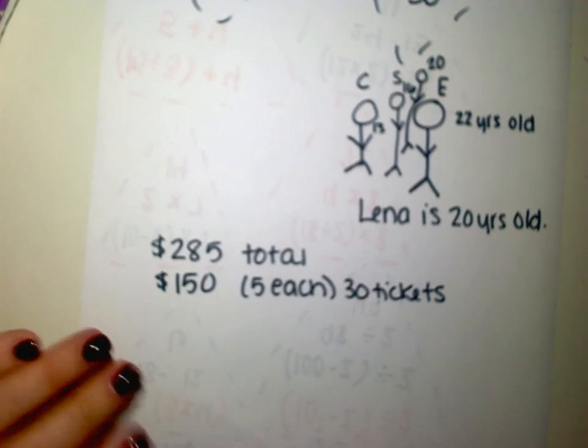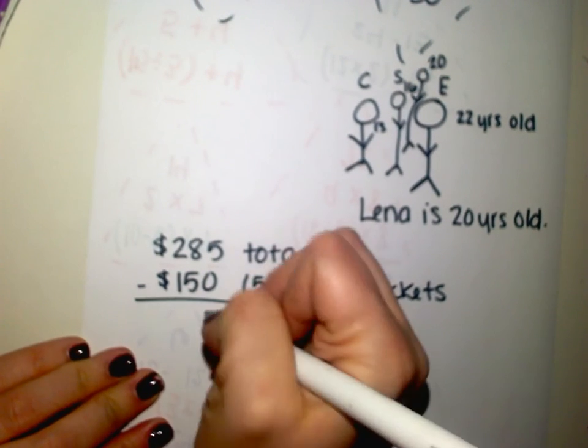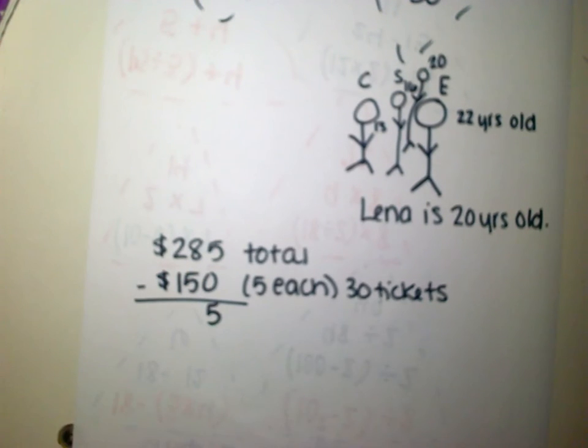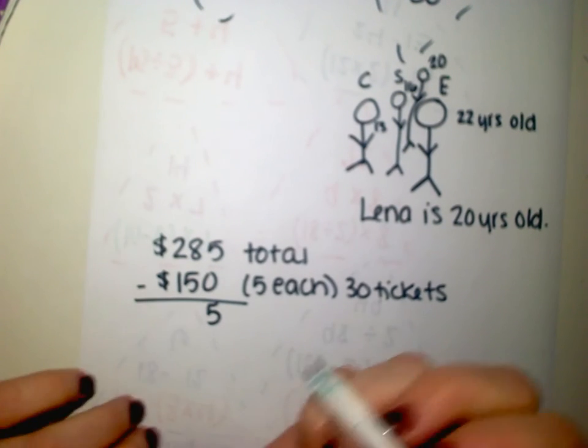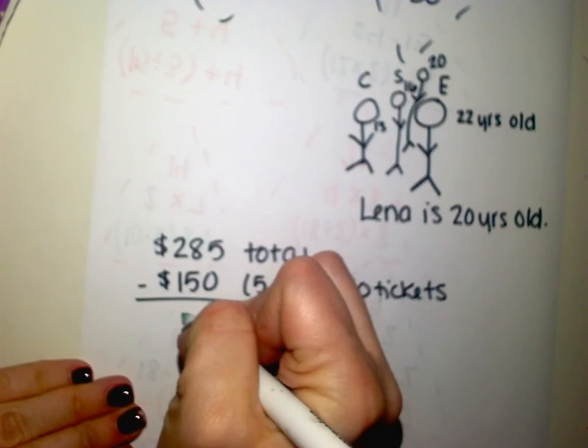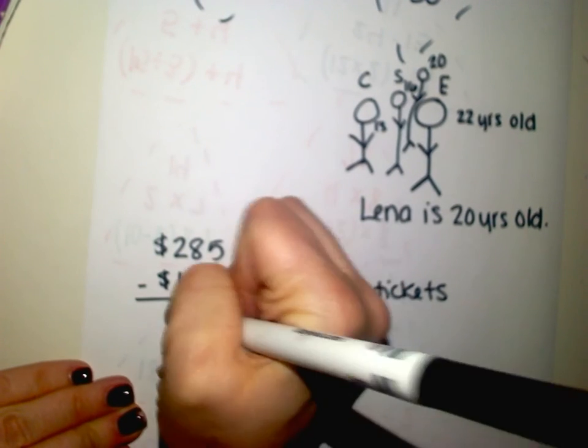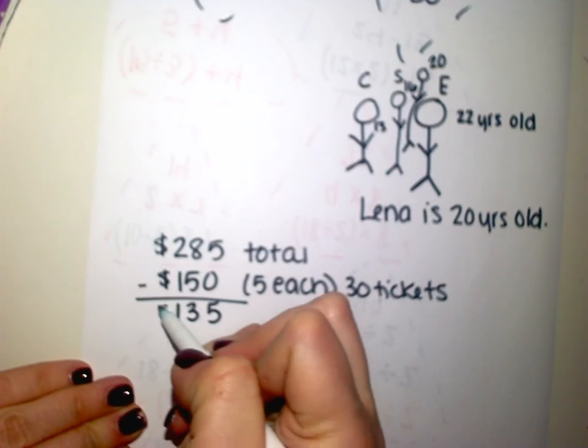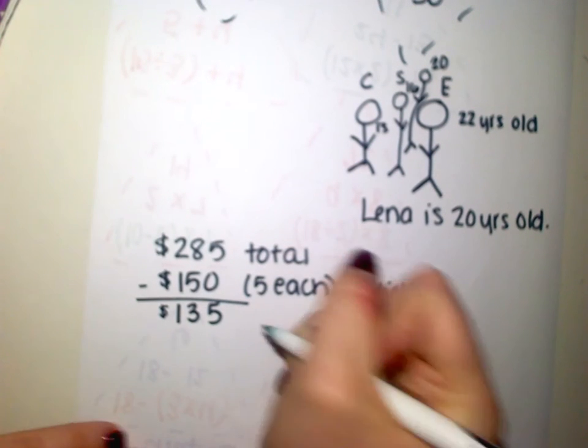So if I subtract 285 minus 150, what am I going to get? $135. Okay, good. So now I need to take this $135